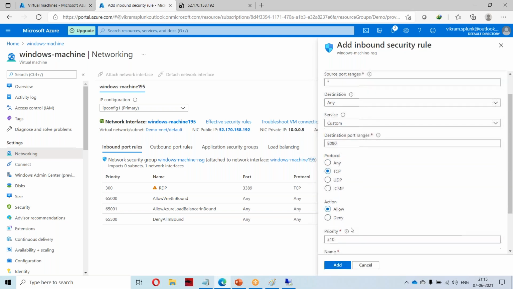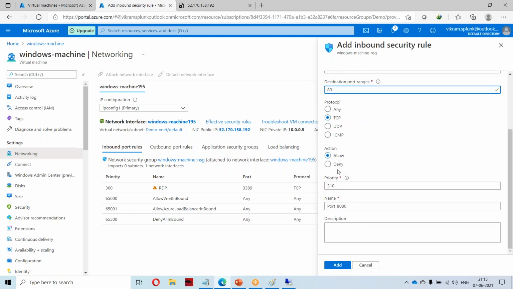Here I will select TCP and put port 80. The port range is 80 and it is a TCP port. Whether I want to allow or deny, I want to allow it. Priority is like 310. There is something like priority.